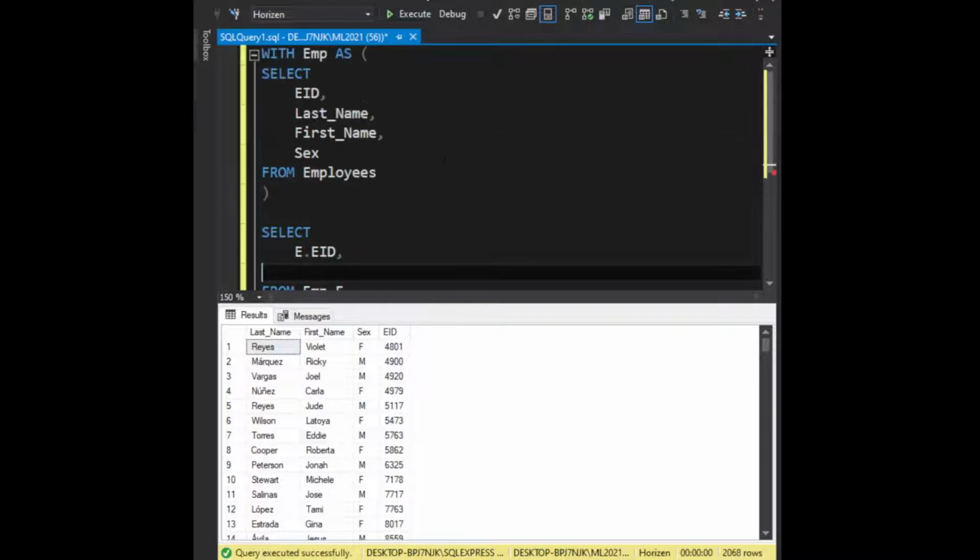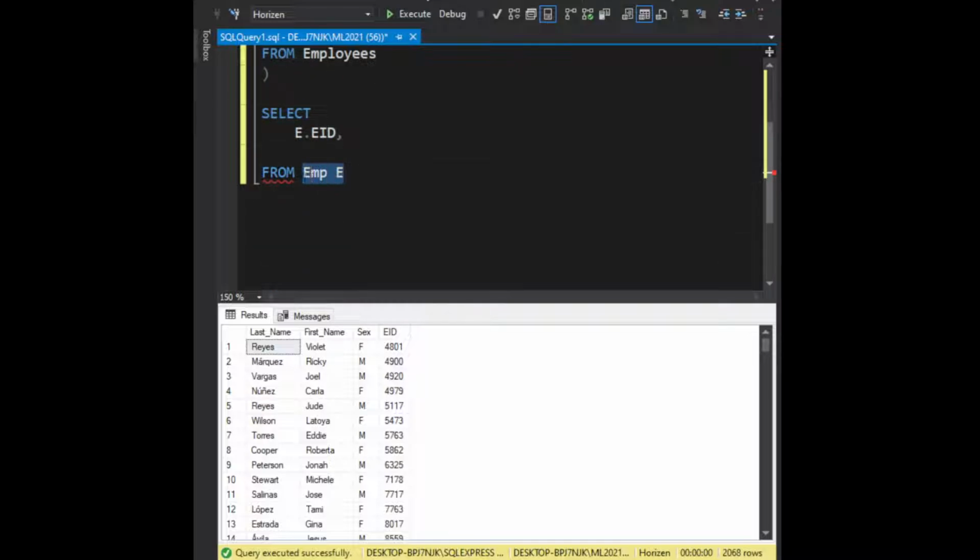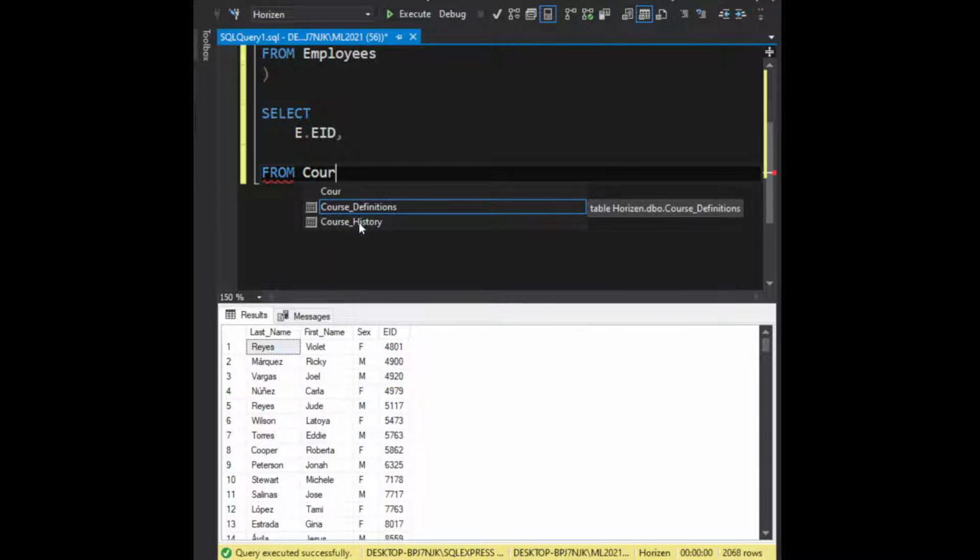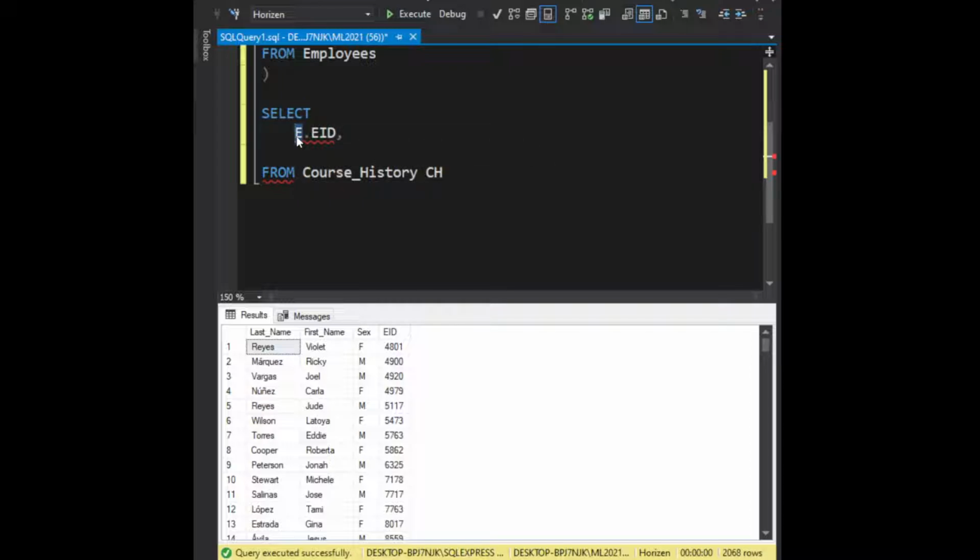We're going to keep our CTE with our employee data up here, and then we're going to pull from the course history because we actually want that as our largest table. We're going to be looking at our course history data. So ch is how we're going to alias it, so we don't have to write course history every time because that's silly. And then we also want,